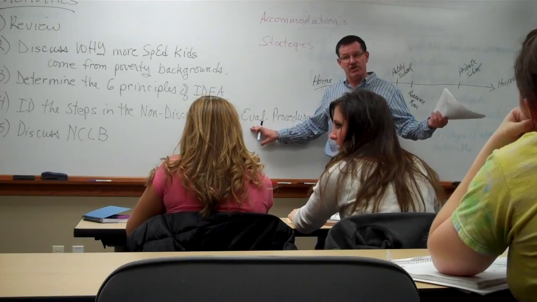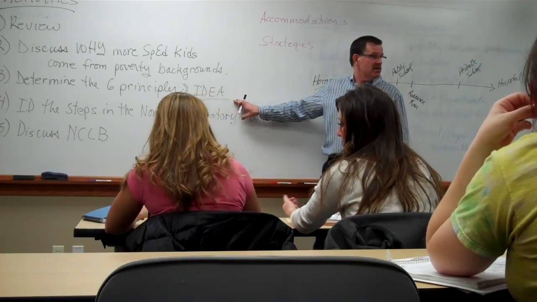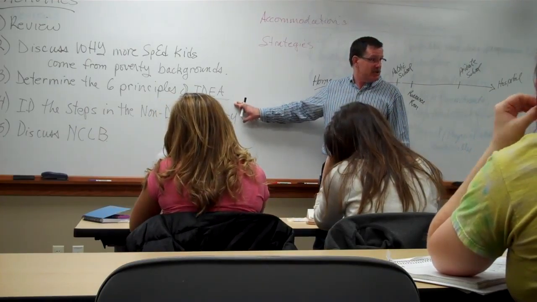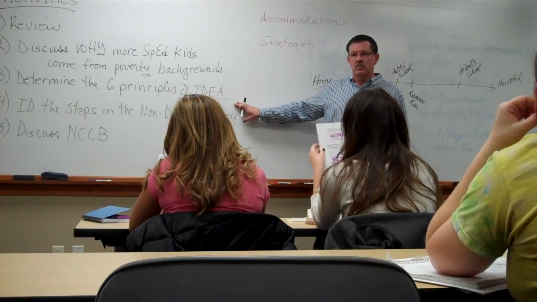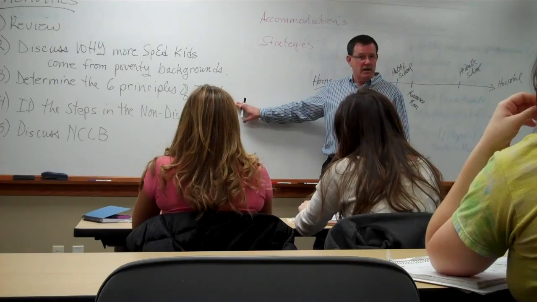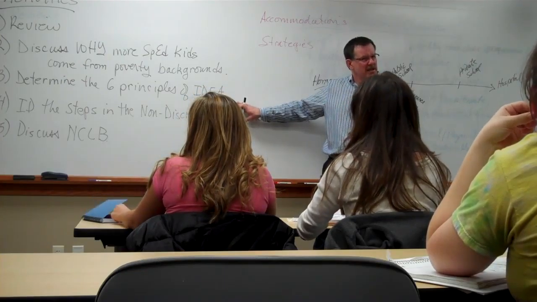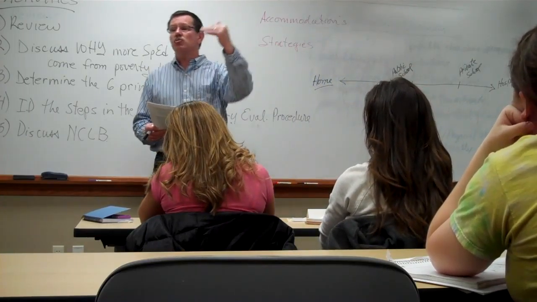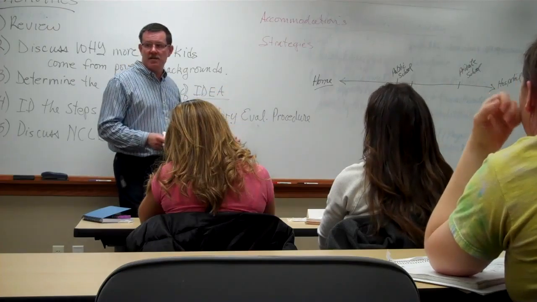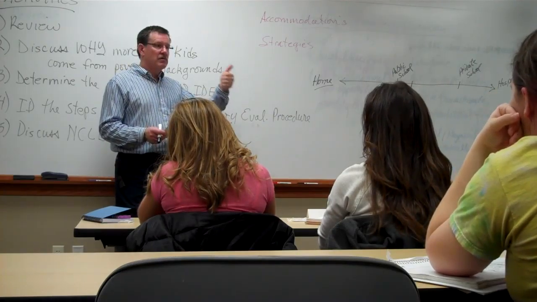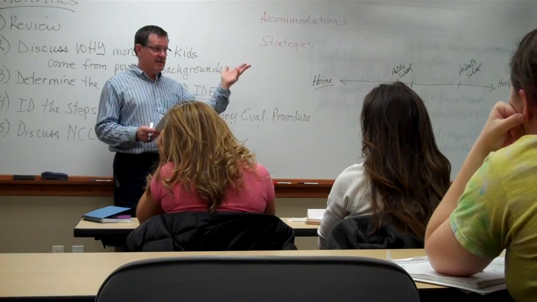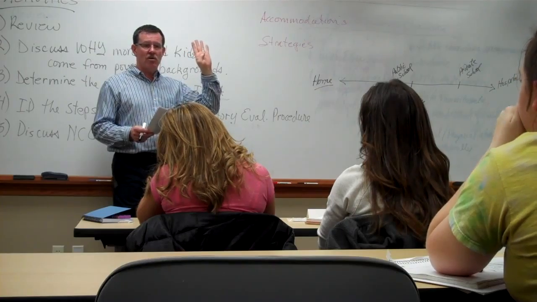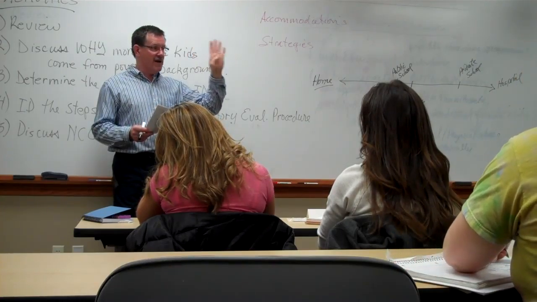So with the parent's permission, we might go back and test for maybe a communication disorder or a vision impairment. I mean, there's other things that we need to rule out before we give up, right? And for each one of those disabilities that we test, we go through this process. Screening, pre-referral, referral, testing. 4 steps of the non-discriminatory evaluation process. You will need to know the 4 steps, you will need to be able to define them, and you will need to know